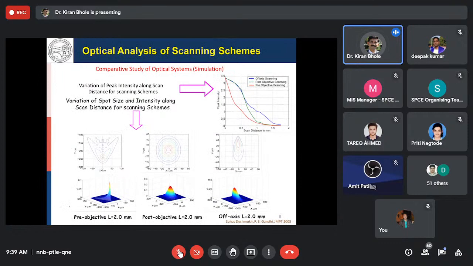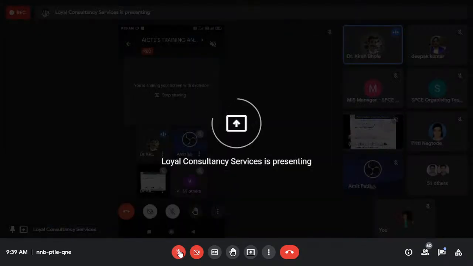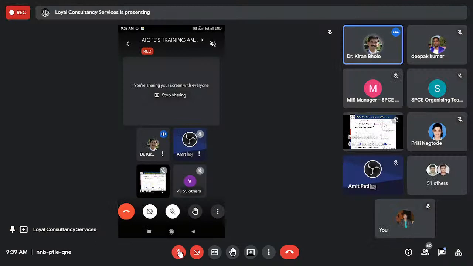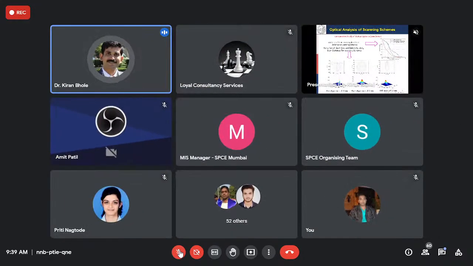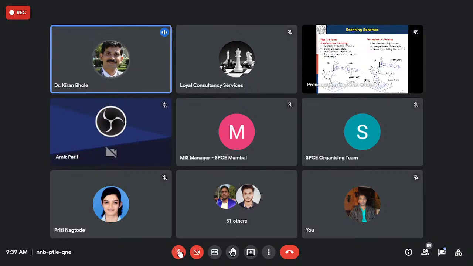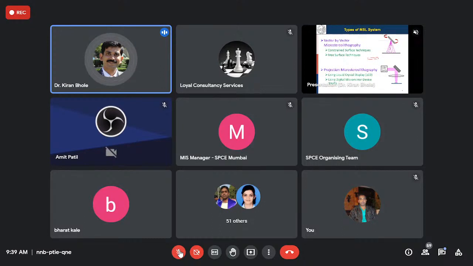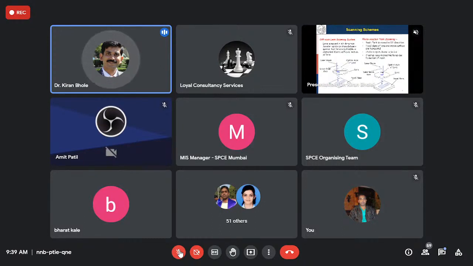Now, as we have discussed all these scanning schemes which already exist for the MSL system, if we do the analysis, this is an analysis again done by Dr. Suhas, and this particular analysis gives you the idea of how the peak intensity at the 0,0 point, the focus was rightly onto the surface of the free liquid resin here, and when it is moved,